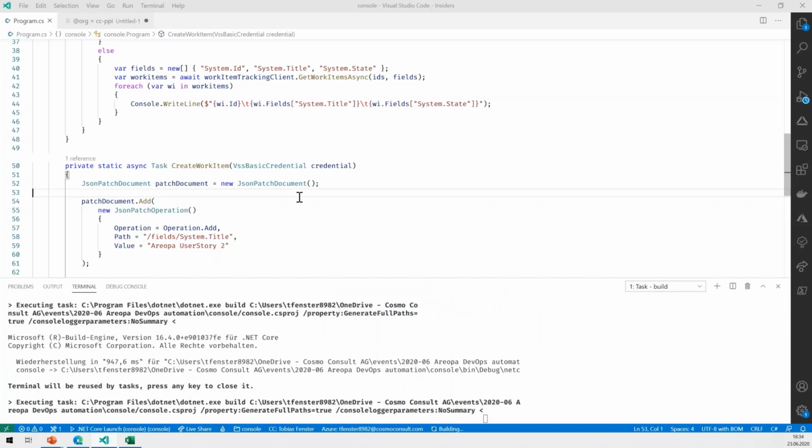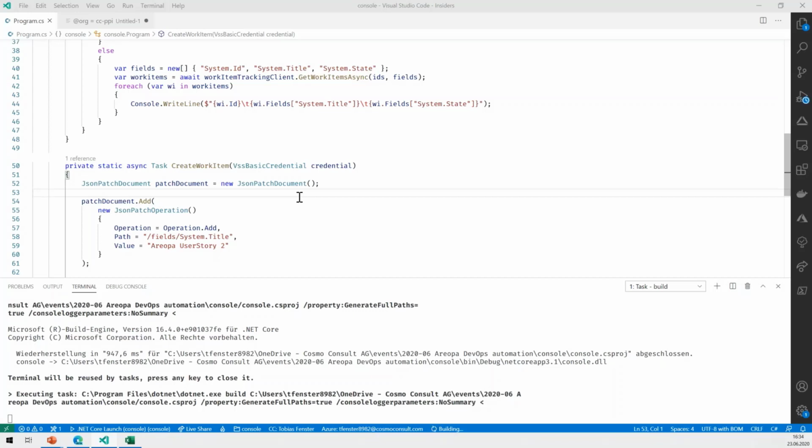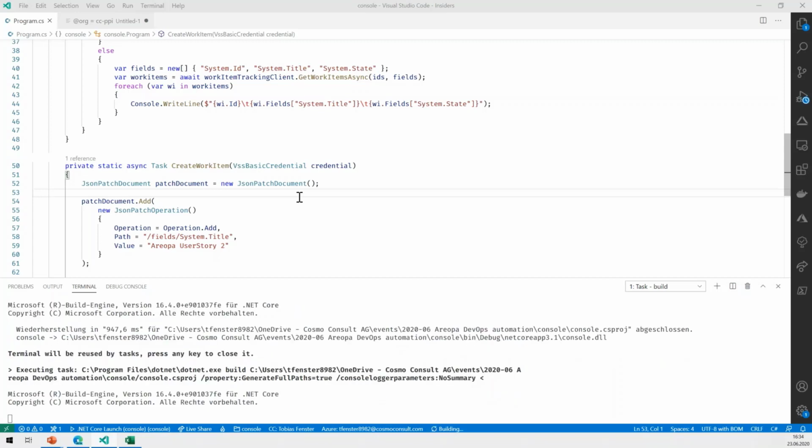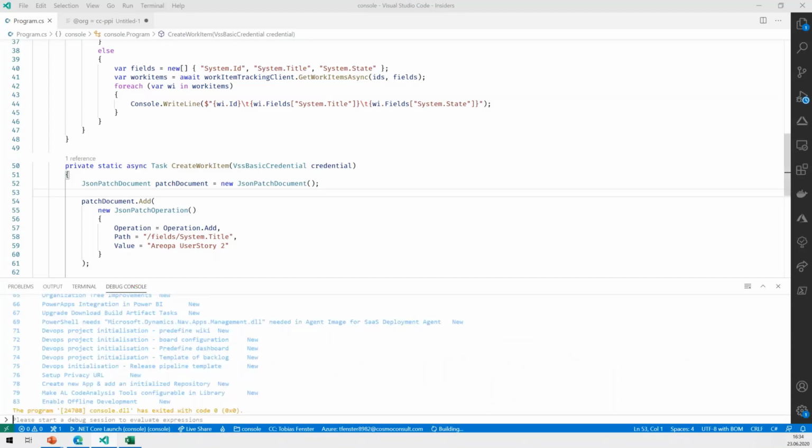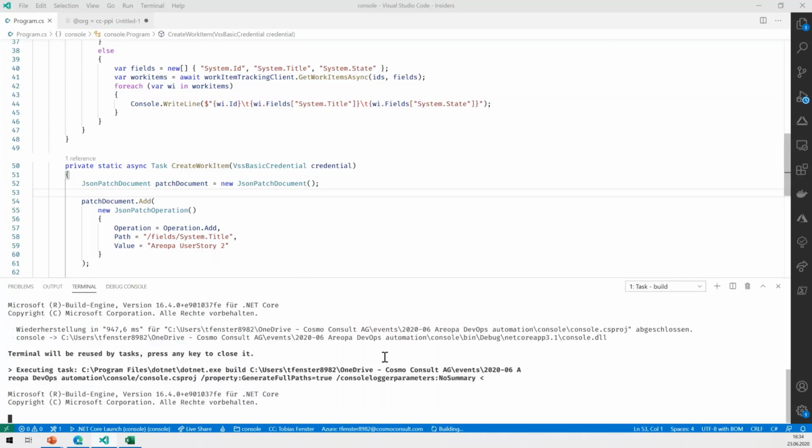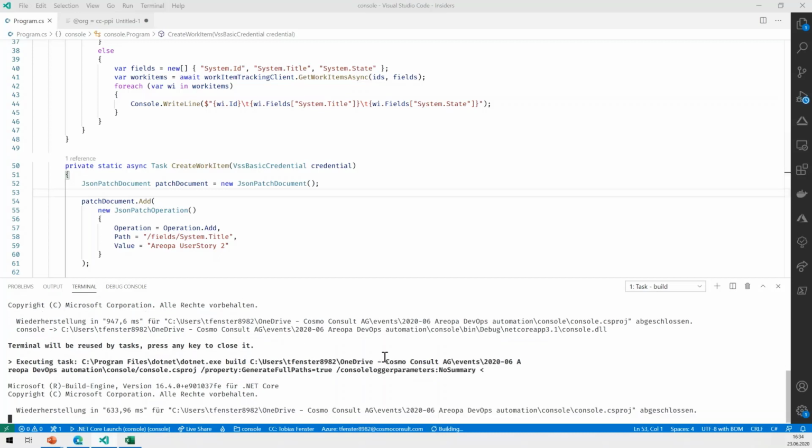let's see what happens. Again, it's building. And then hopefully the debugger starts. Go to the debug console. Oh, that's not yet there. Okay, here is the compiler.